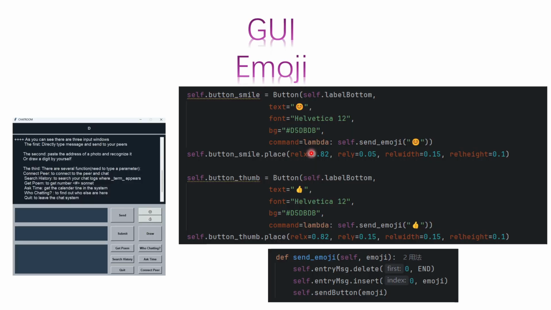First is the GUI part. Let me explain the emoji part first. First, create the button for smile and thumb. If you click the button, it will call the method send emoji. And when the send emoji method is called, it will